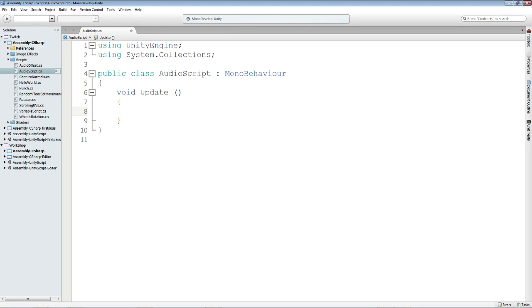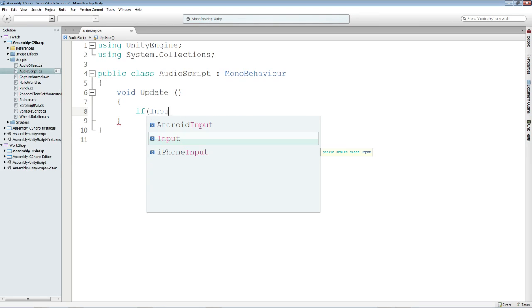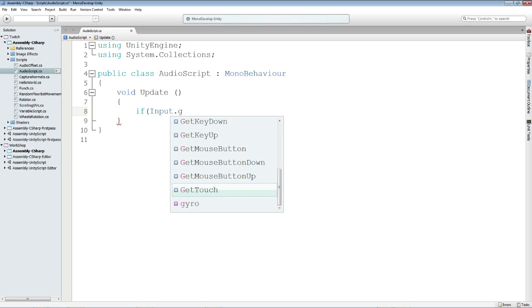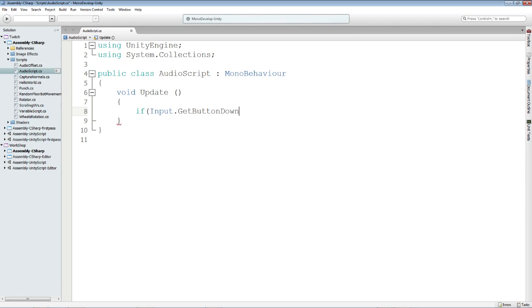Okay, so what I want to do is basically, this is really kind of a cheap way of doing it, but here I'm going to say if input.GetButtonDown, and I'm going to search for the jump button, which is just the space bar by default. All right. So GetButtonDown, and then I am going to say